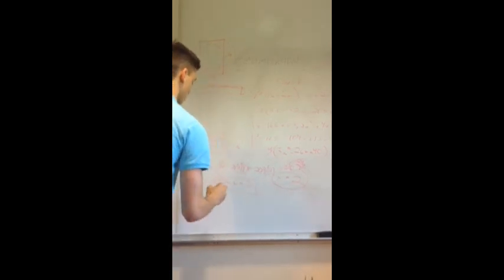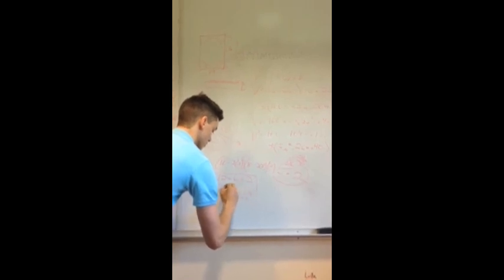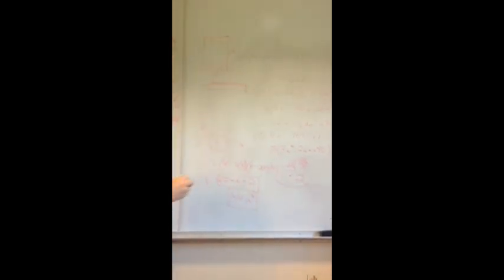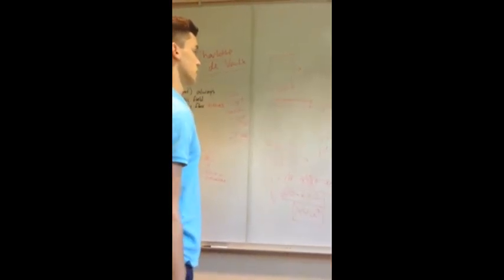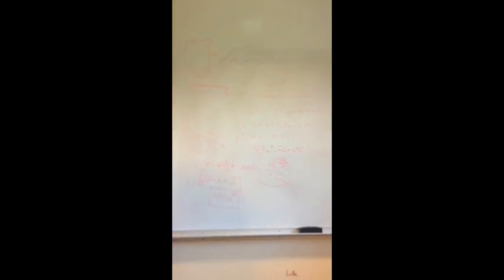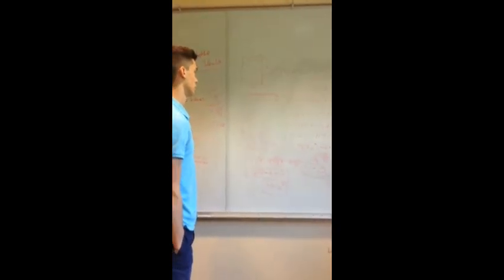And then the overall volume is 144 inches cubed. So that's just a little example of how you could use optimization to maximize the amount of space for a box. And as I said before, you could also use it for maximum profit or minimize cost. But it is a very practical use of calculus, and that is